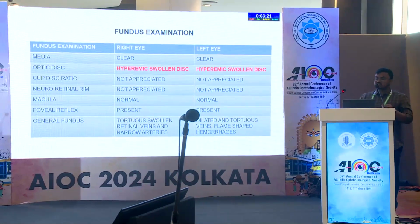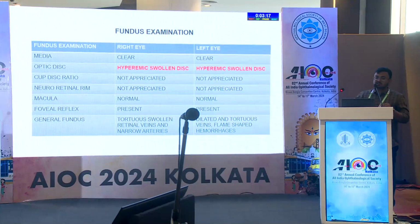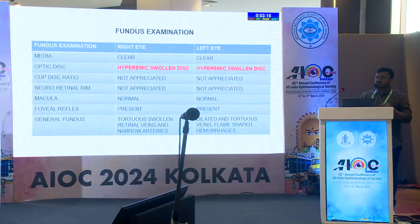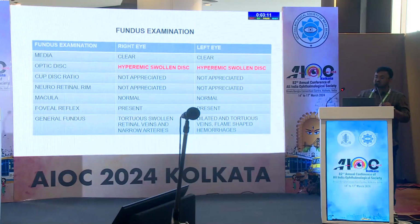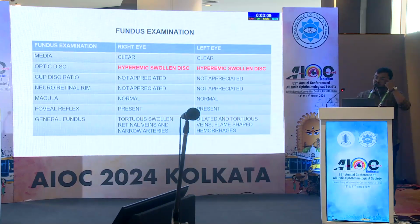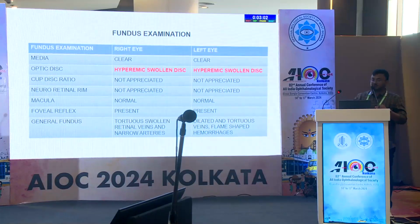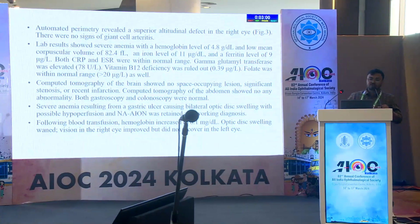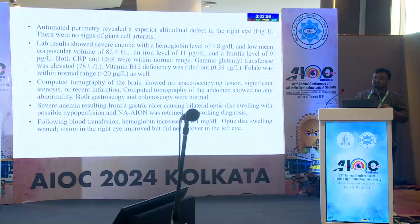On fundus examination, media were clear. Optic disc showed hyperemic swollen discs in both eyes. Cup disc ratio and neuroretinal rim were not appreciated in both eyes. Macula was normal and foveal reflexes were present. On general fundus, tortuous swollen retinal veins and narrow arteries were found in right eye. Dilated and tortuous veins with flame-shaped hemorrhages were found in left eye. Automated perimetry revealed a superior altitudinal defect in the right eye,